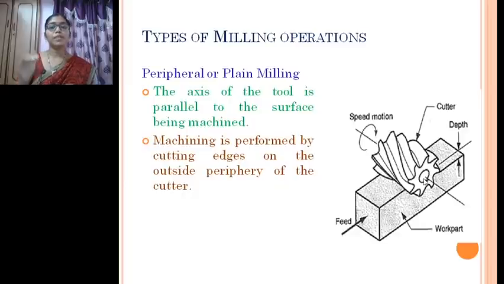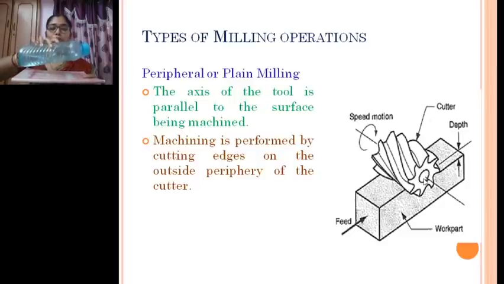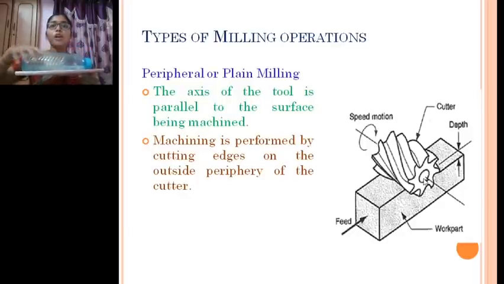If the tool rotational axis and the workpiece axis are parallel to each other, like for example, if this is the workpiece and this is my cutter, and the cutter rotational axis and the workpiece axis are parallel to each other, then I call this